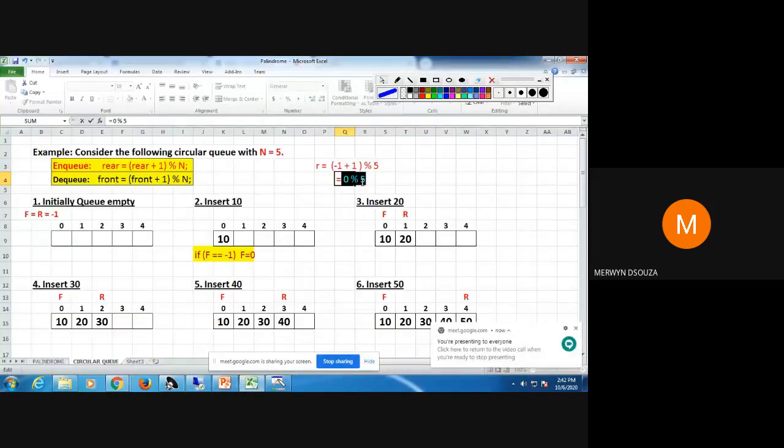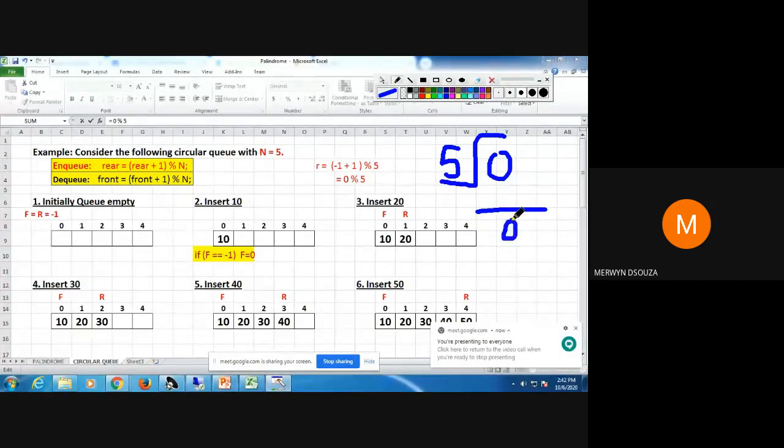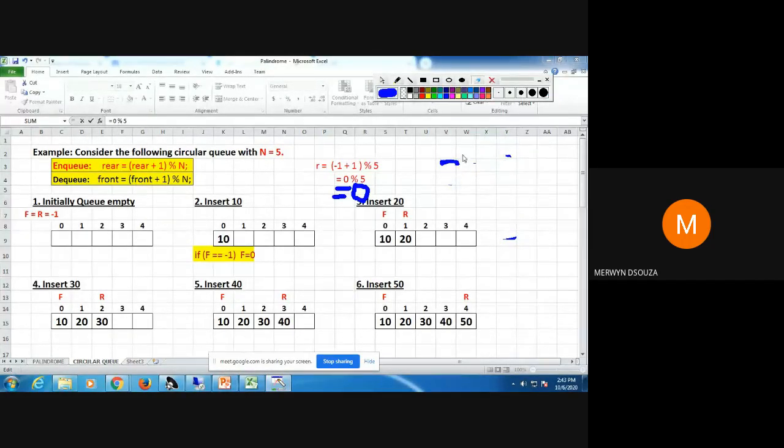So now when you do 0 divided by 5, you are having 0 here and you are dividing it by 5. Can you divide it? No. So what will be the remainder? You cannot divide it, right? So the remainder of this will be 0 itself. So the value of rear will be equal to 0. Clear? How am I getting the value of rear? Understood? So 0 mod 5, you get the value of rear equal to 0.